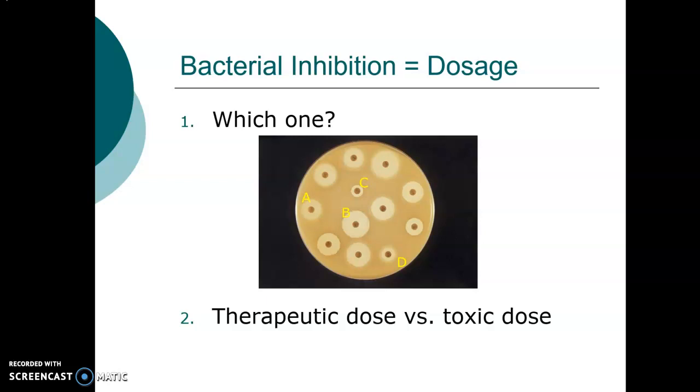Again, the zone of inhibition is the area where the drug keeps the pathogen from growing. And the bigger that zone of inhibition, the more effective the antibiotic would be. So if it's completely ineffective, then the little bacteria would just grow right on top of it because it wasn't doing anything to